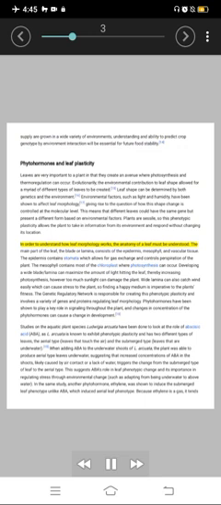The main part of the leaf, the blade or lamina, consists of the epidermis, mesophyll, and vascular tissue. The epidermis contains stomata which allow for gas exchange and control perspiration of the plant. The mesophyll contains most of the chloroplasts where photosynthesis can occur. A wide lamina can maximize the amount of light hitting the leaf, thereby increasing photosynthesis. However, too much sunlight can damage the plant. A wide lamina can also catch wind easily, which can cause stress to the plant, so finding a happy medium is imperative to the plant's fitness.